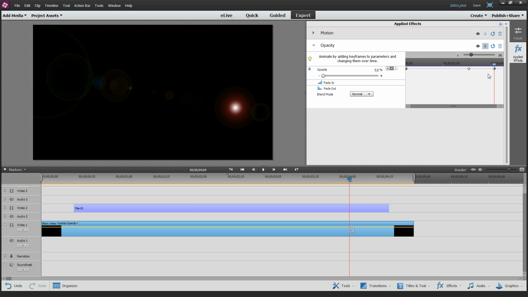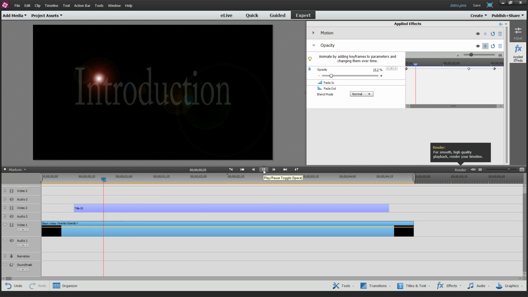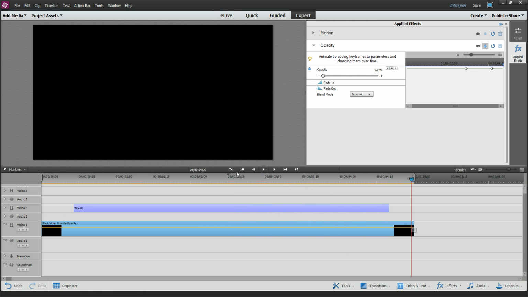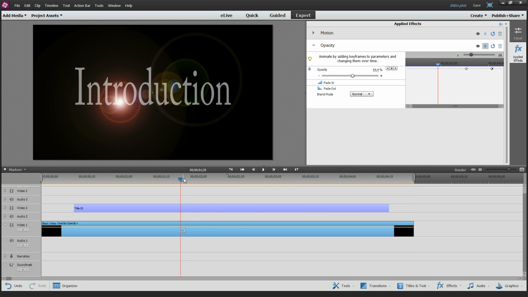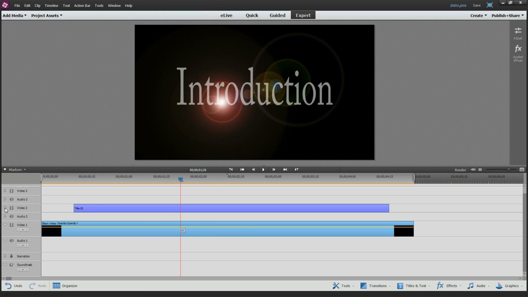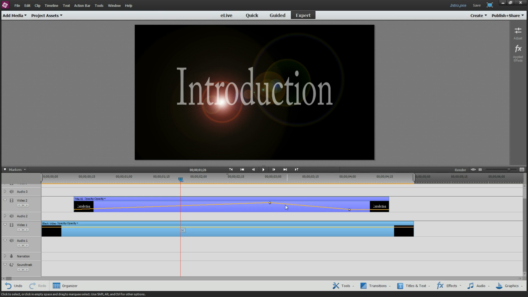Now after we play our little video, you can see how the intro fades from nothing into something and then goes back to nothing. If you've ever right-clicked on a track and hit the fade and the unfade, this is exactly what it's doing. It's just adding these little fade in and fade out markers. If you want to see what that looks like, just expand the video track, and you can see how I have these little keyframes here for the animation.